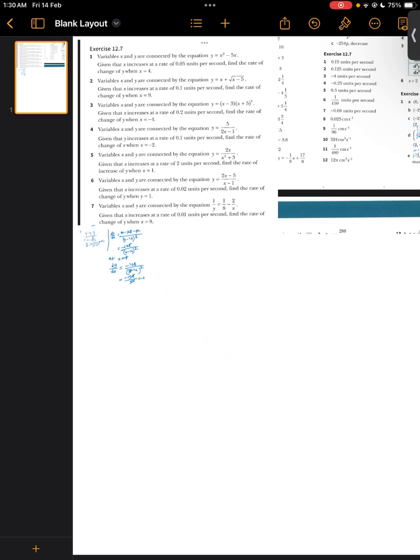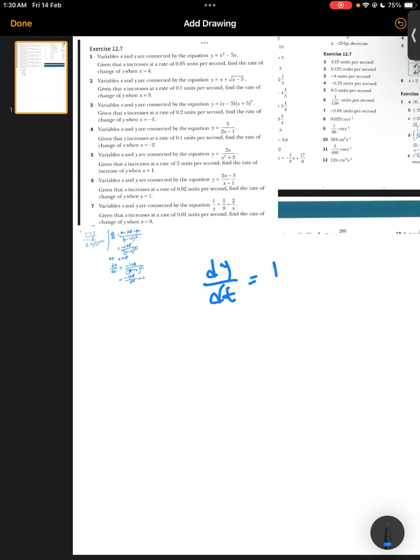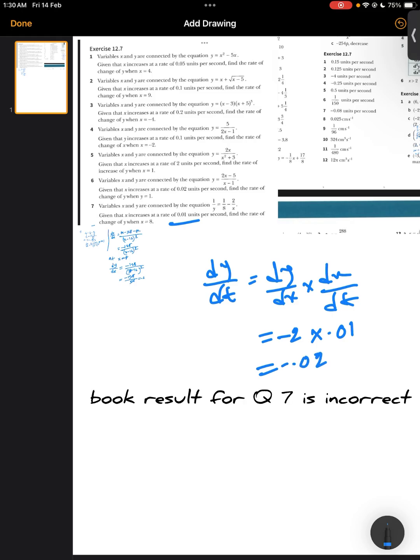Question the rate of change of y. So this one times this one, so this is minus 2 times x increases at rate 0.01. 2 ones are 2, I mean 0.02 minus